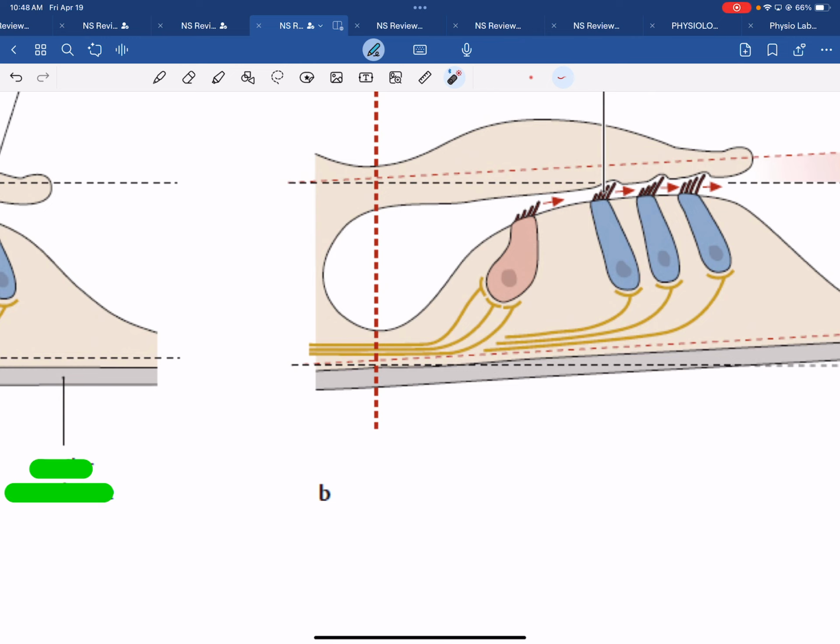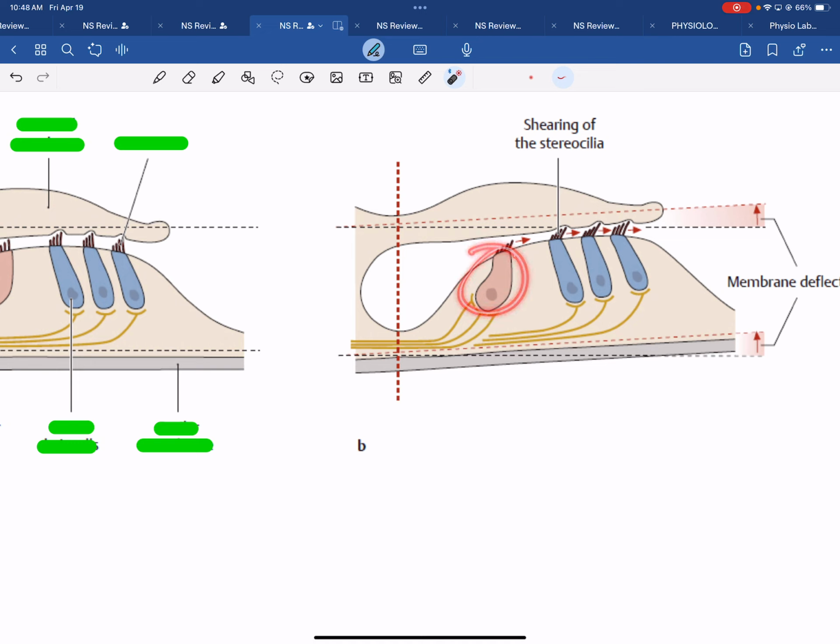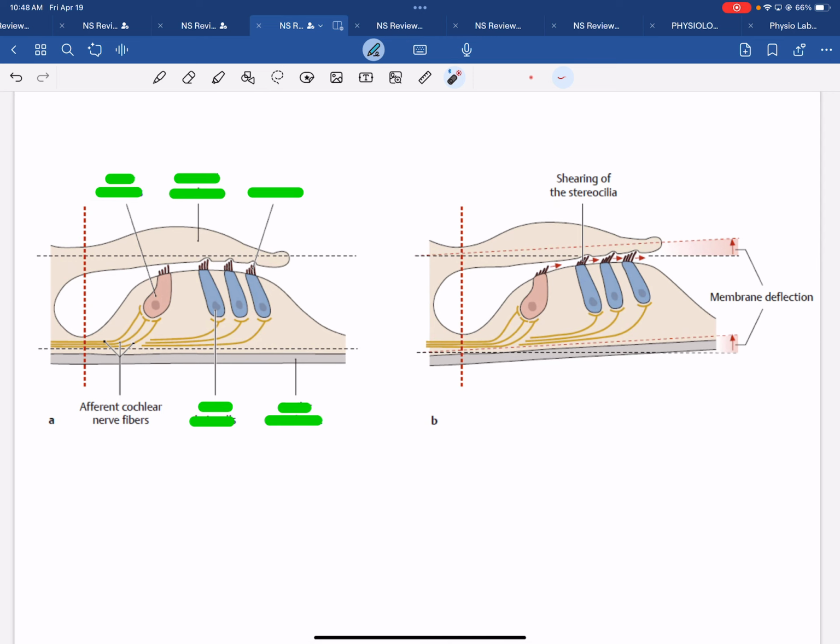Stereocilia. Right, good. So these are the stereocilia of the hair cells, and it's really only these hair cells that produce the sound. So when the stereocilia deflect, which ion rushes into the hair cells? Did you have to learn that endolymph is rich in which ion? It's not sodium. Potassium? Good, potassium. This is getting more into physiology, but let's just keep going, right? So potassium goes into the hair cell,